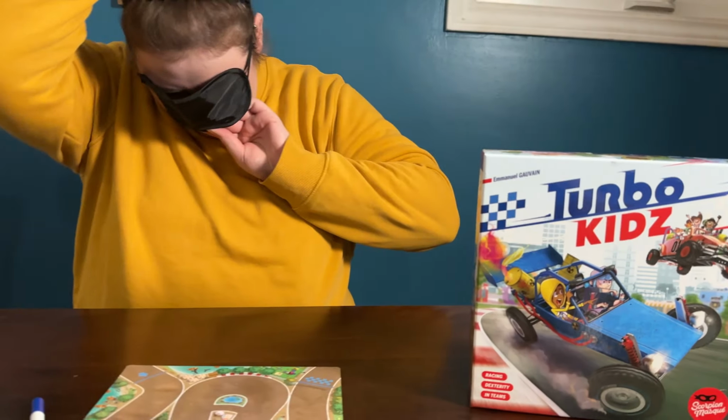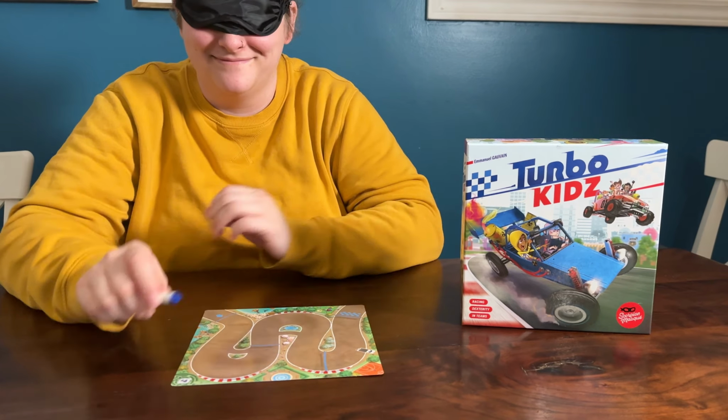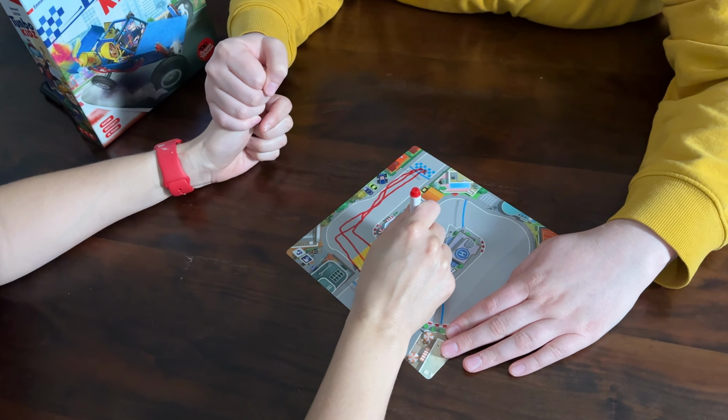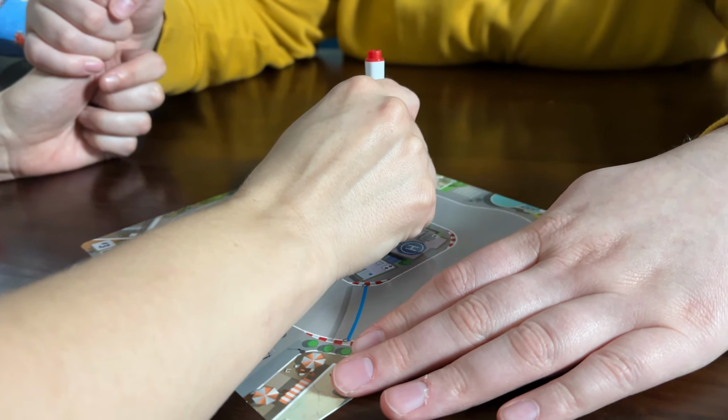Players are going to be entering Turbo Kidz races in teams, with one player driving with a marker in their hand and a mask over their eyes, and the other player will be holding the driver's thumb like a joystick to give them guidance through the racetrack. This is the kind of game I would have imagined dreaming up as a child,